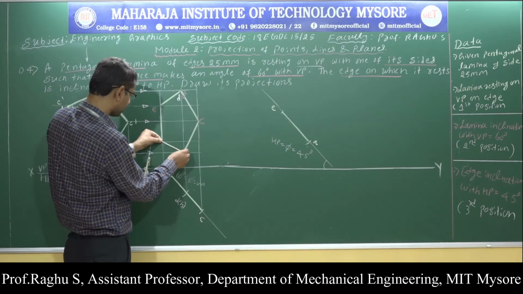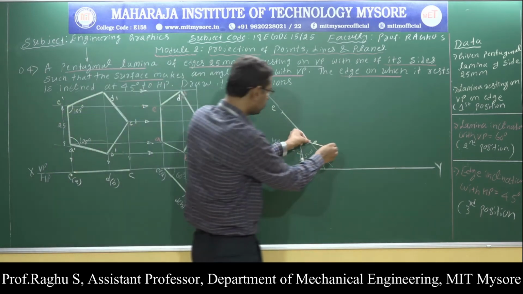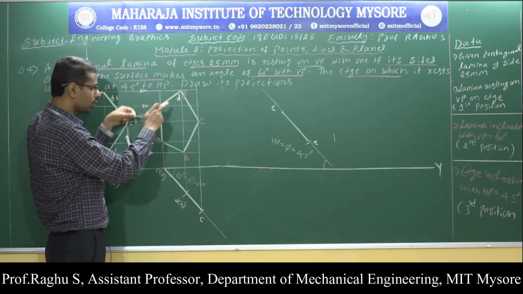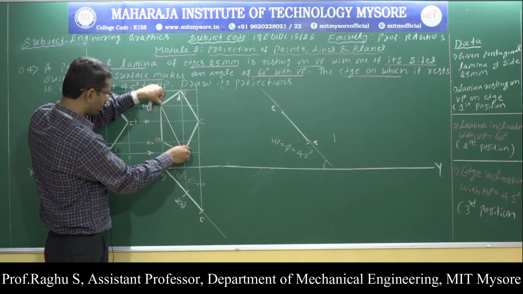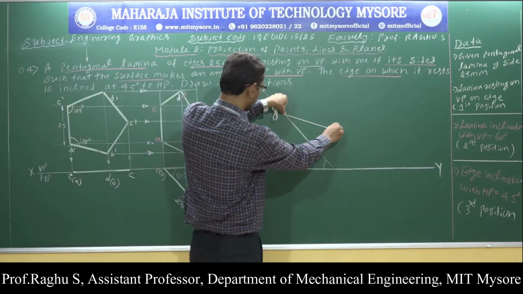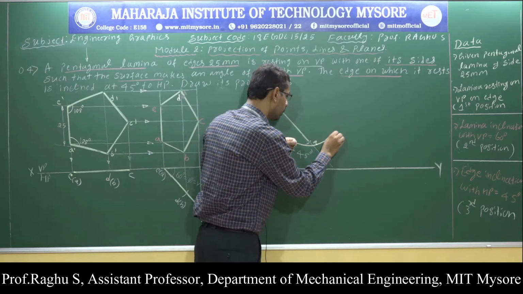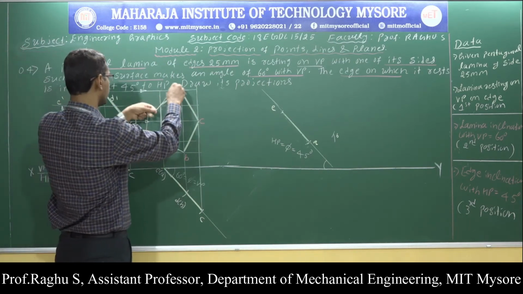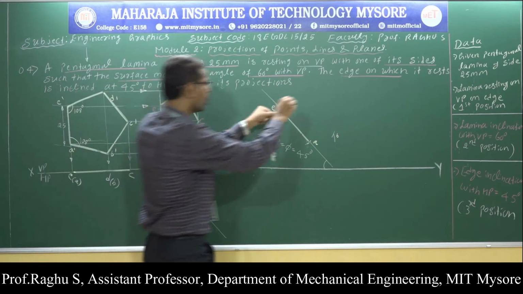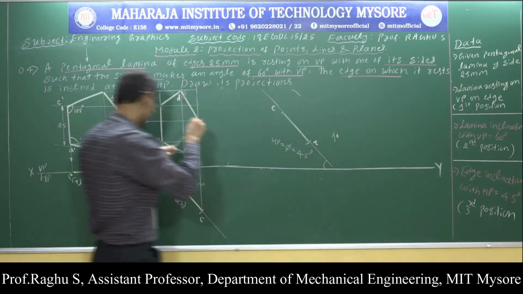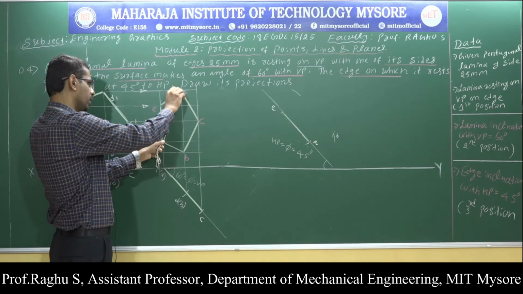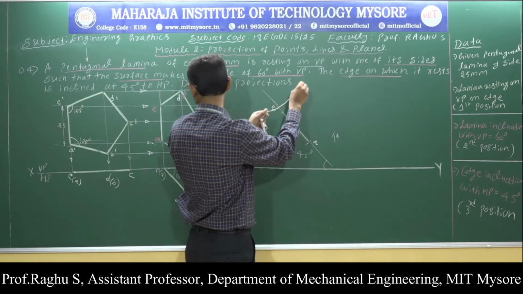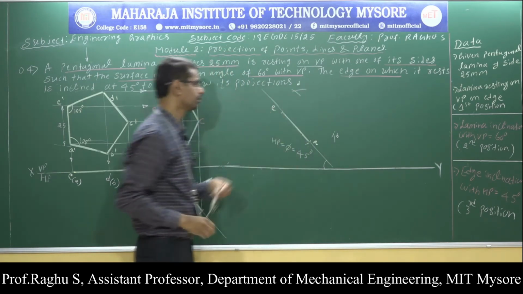Now measure the distance A to B, and cut an arc. Next, I know the position of point E. Measure the distance from E to B. From E, cut an arc to get point B. Similarly, measure the distance from E to D. I know the position of point E. Cut an arc. Next, I know the position of point A. Measure the distance from A to D. Cut an arc here to get point D.